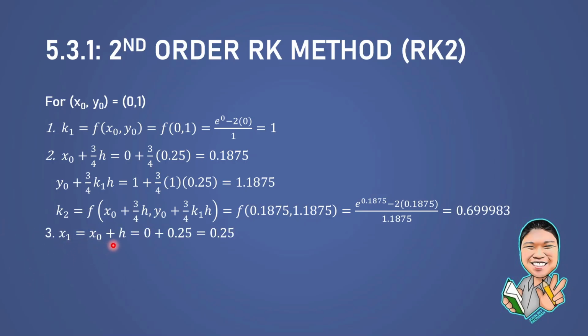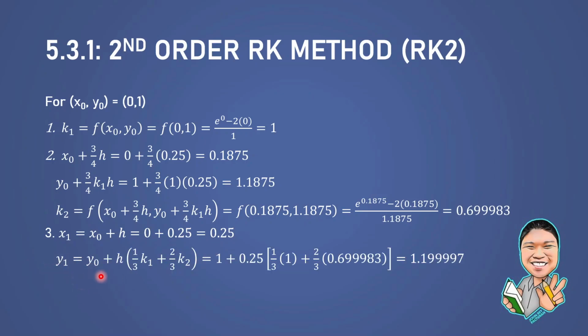So, x sub 1 is simply x sub 0 plus h, 0 plus 0.25. That is equal to 0.25. And yung y sub 1 natin is equal to y sub 0 plus, ito nga yung formula ng Ralston's, h times 1/3 k sub 1 plus 2/3 k sub 2. So, that is 1 plus 0.25 times the quantity, 1/3, yung ating k sub 1 is 1 from step 1, and plus 2/3, yung ating k sub 2 is